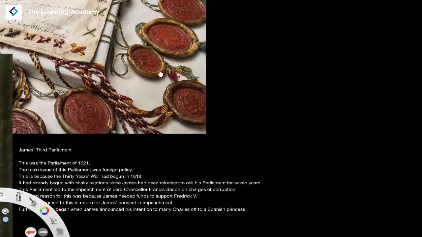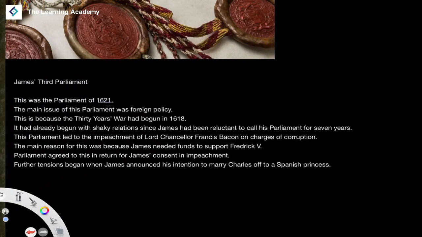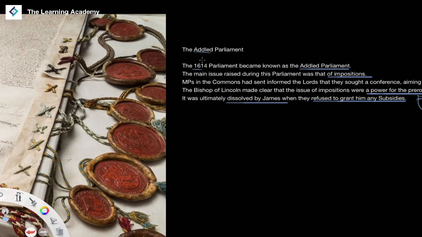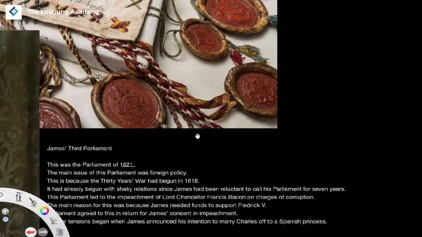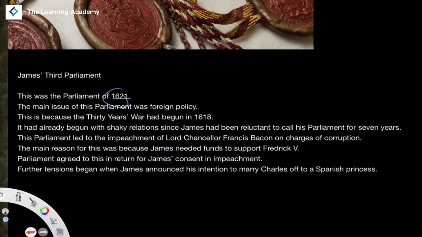This brings us to the third Parliament, James's third Parliament of 1621. So as you can see, there's quite a big gap in the period of when the Parliament was last called and then when this Parliament was called here in 1621. And the main issue of this Parliament was foreign policy. This is because in 1618 the 30 Years' War had begun and James had decided to take part in it